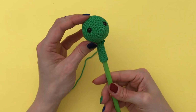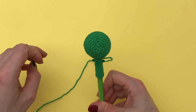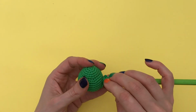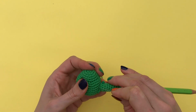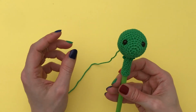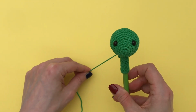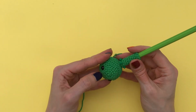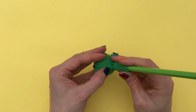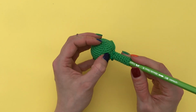And then you can just double check if it's in the right position. Just have a look from all sides. Let's have a look. So that's around 1, 2, 3, 4, 5, 6, 7, 8. So I pinned mine on round 9 to 11